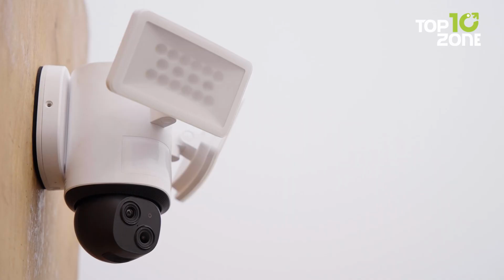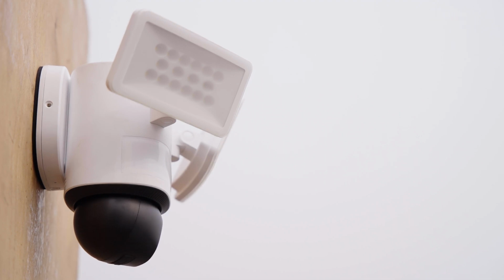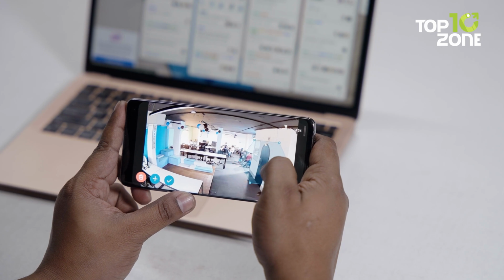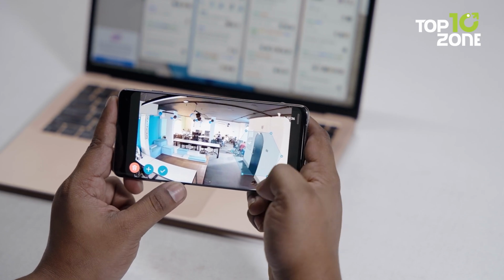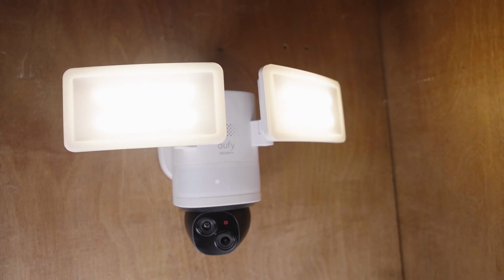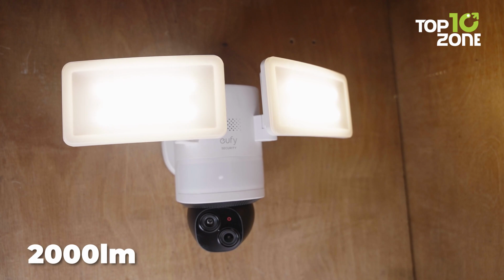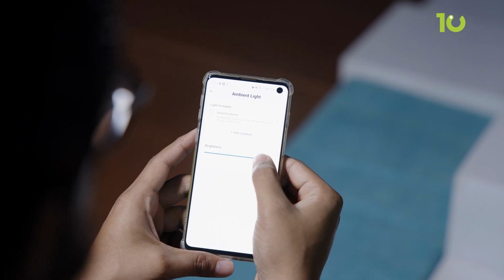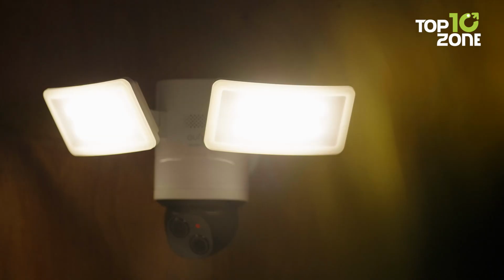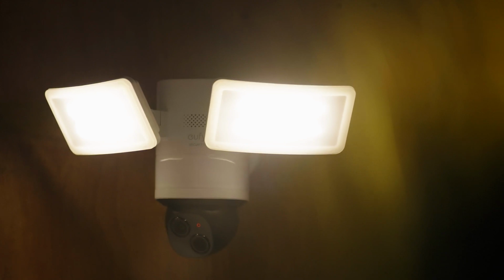Aside from that, a stable connection is essential for seamless video streaming and remote monitoring. And this Floodlight Cam delivers on that front as well. It fully supports dual-band Wi-Fi 6, ensuring lightning-fast speeds and rock-solid connectivity. Not just a surveillance tool, this device also doubles as a potent lighting solution. With a dazzling peak brightness of 2000 lumens, you can customize the light to your heart's desire. Set it up for motion-activated illumination to deter potential intruders, or configure it as ambient lighting to enhance your property's